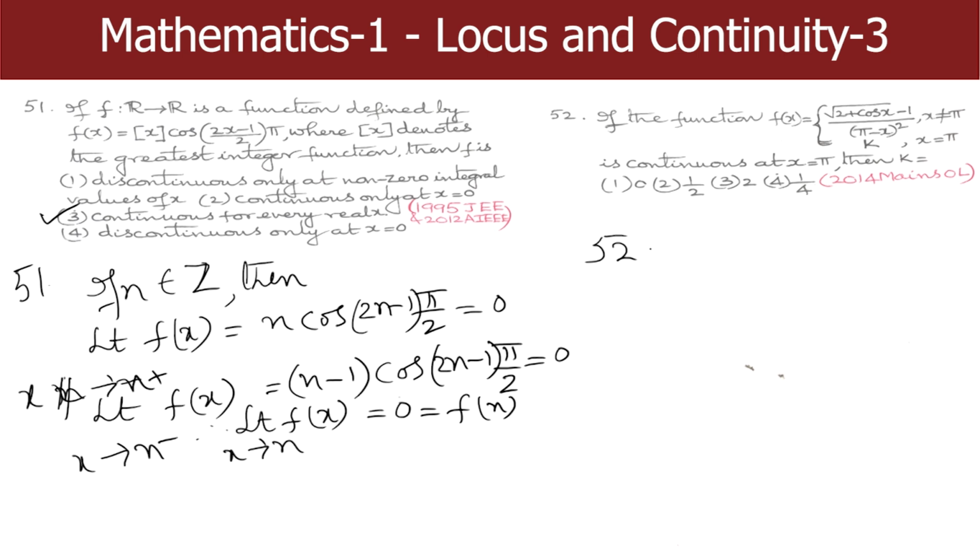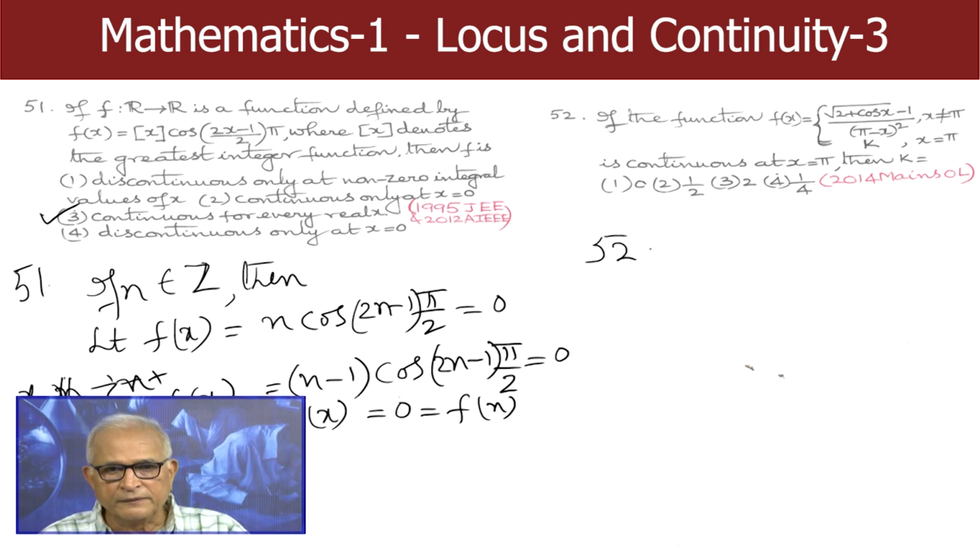If the function f(x) is equal to (root of 2 plus cos x minus 1) by (pi minus x) whole square for x not equal to pi, and that is equal to constant k when x equal to pi. (Last 2014 Mains online paper.) What is the value of the constant k when f is continuous at x equal to pi? Unknown k is a constant, the function value at pi. If f is continuous, then k equal to f of pi,